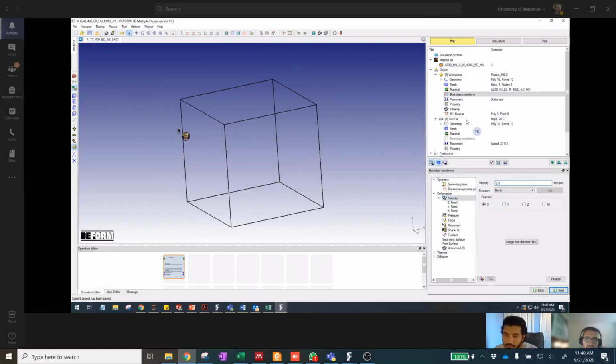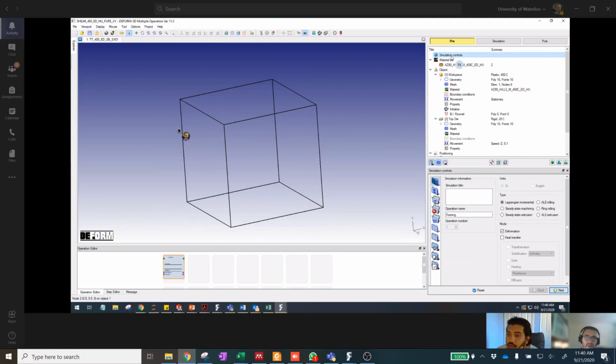I'll get rid of the material curve too, because we might as well do that now. Is there an initial starting menu where it asks you, do you want thermal effects enabled? Do you want strain rate effects enabled? This is isothermal right now. You have to go to simulation controls and then